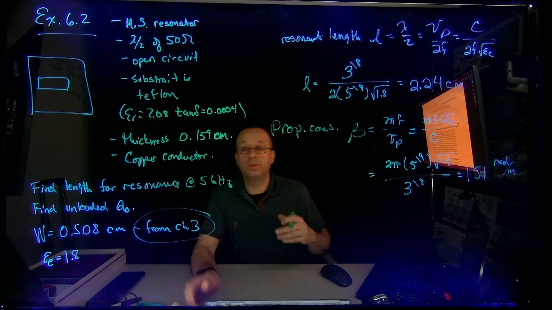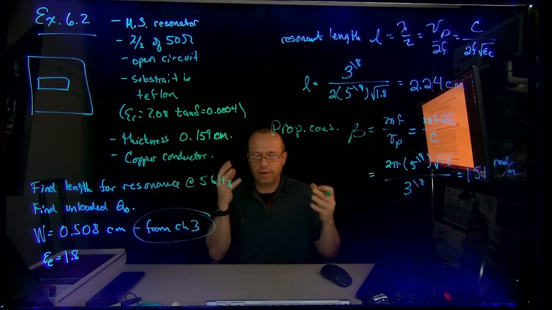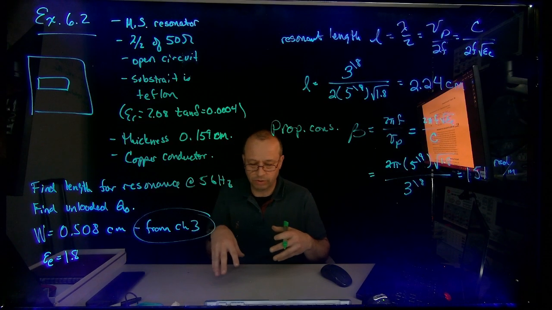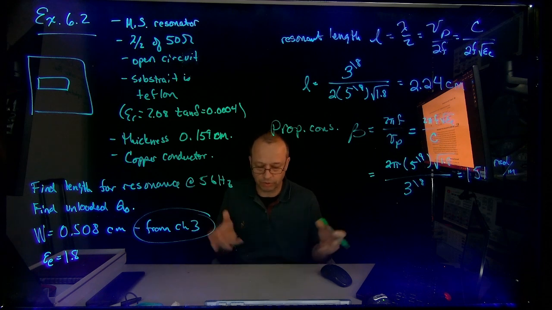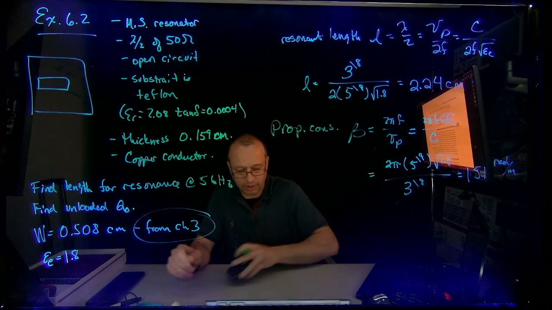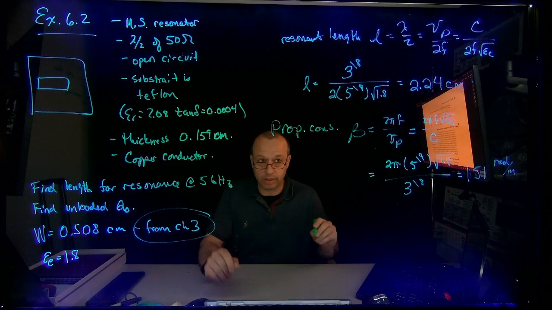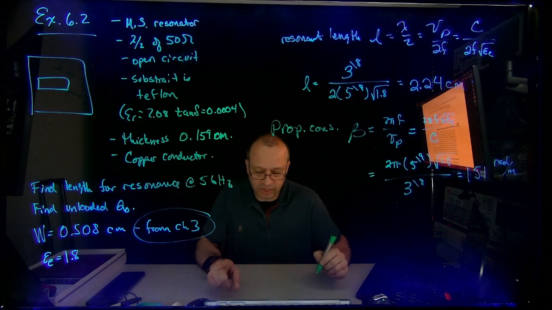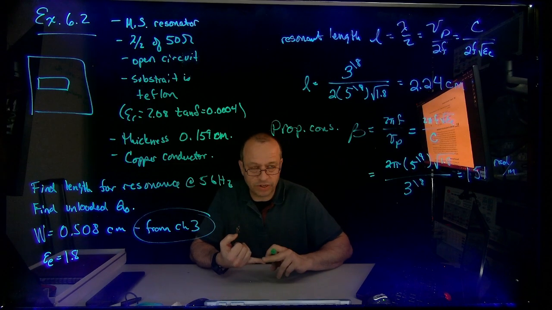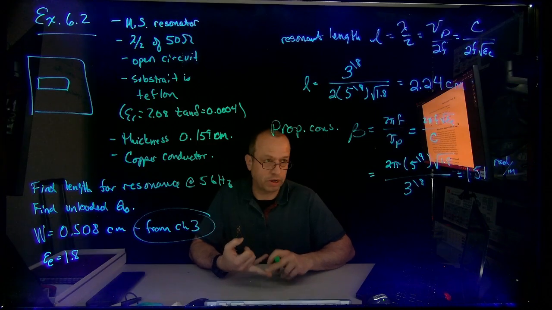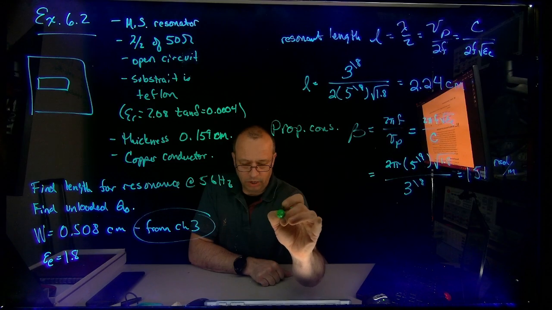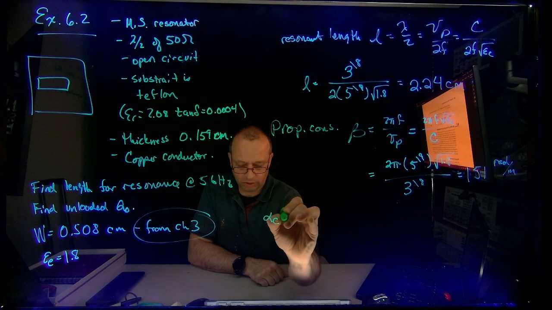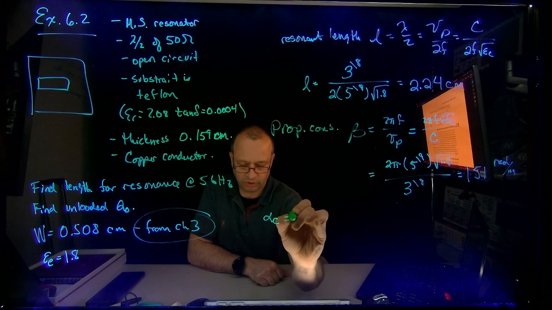Then we need to do exactly what we did with the last one. We have to find the attenuation due to the conductor loss and then the dielectric loss in order to go through properly and get all of our numbers for our unloaded Q. So you always need to go through the attenuation due to the conductor and the dielectric loss in order to get an unloaded Q. So we're going to do the conductor loss for this, and this is going to be